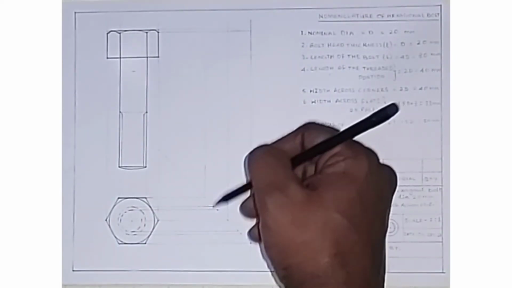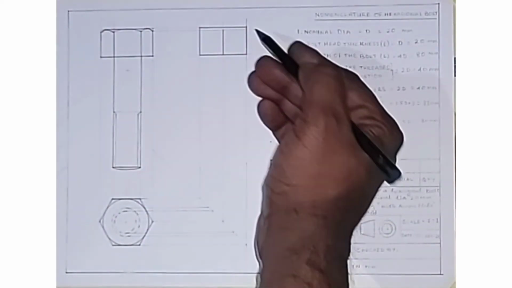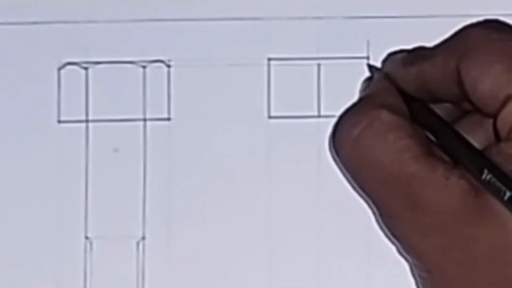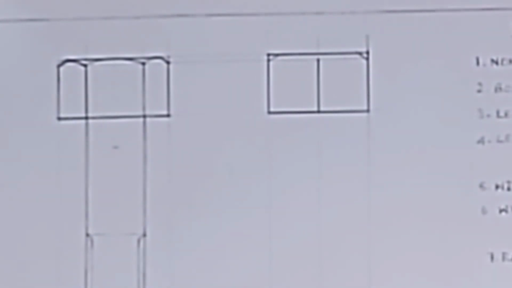And the nominal dia and the threaded portion I have not yet projected here, because once we form the skeleton, thereafter we can project it to the side view. So now the required portions of the bolt head are now dark. Then make the chamfer by 30 degree line from here, and then connect this edge and this edge by freehand sketching. The two edges are done. Now let me connect this end and this end by freehand sketching.